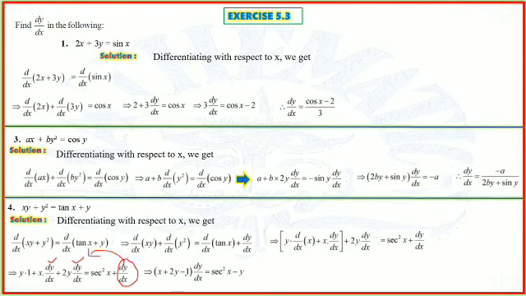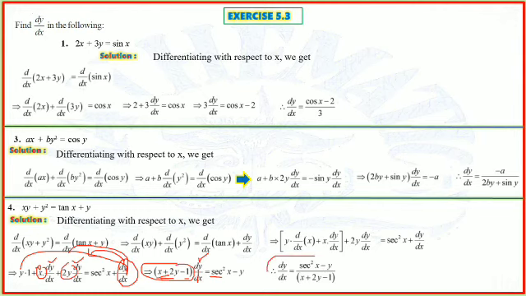So then dy upon dx taken common from all these terms: x plus 2y here, and then this dy upon dx we have taken to the left hand side, so minus 1 for that, is equal to sec square x, and then this y has gone to the right hand side, so minus y. That's all. Now we will be dividing: dy upon dx is equal to sec square x minus y upon this whole term x plus 2y minus 1. That's all, the derivative of question number 4.